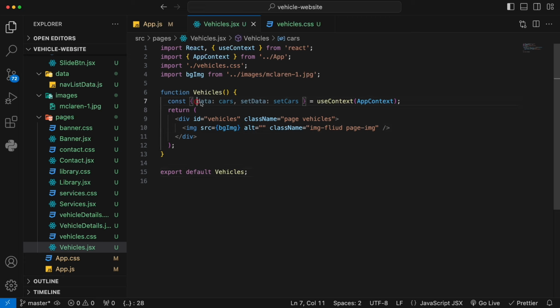This is the JavaScript syntax. When you do the object destructuring, you can use the colon to rename it to something else. It will contain the same value. And once we have that, down here, we're just going to do the mapping of all the vehicles. So we create a container,